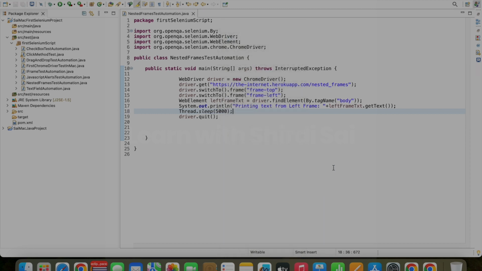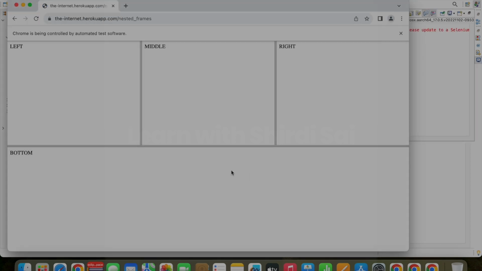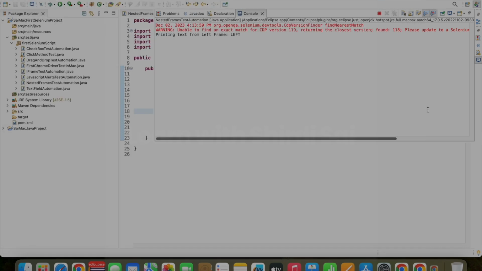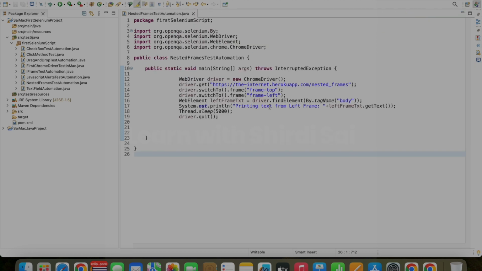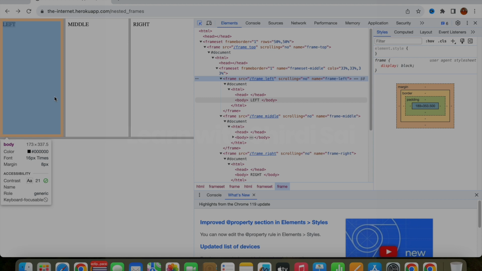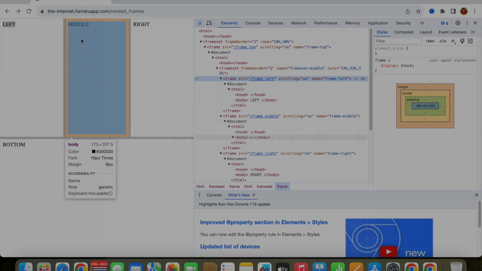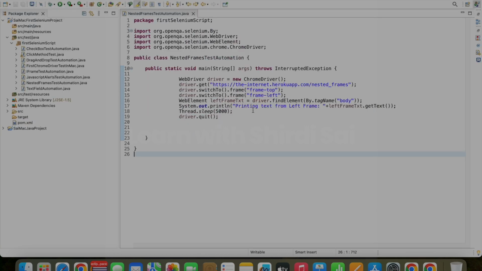Okay, I'm rerunning. It is waiting for 5 seconds. When you see the console, it is printed like left. Okay, similarly, after finishing this, if you want to access the other things like middle, right or bottom, you need to bring that back to